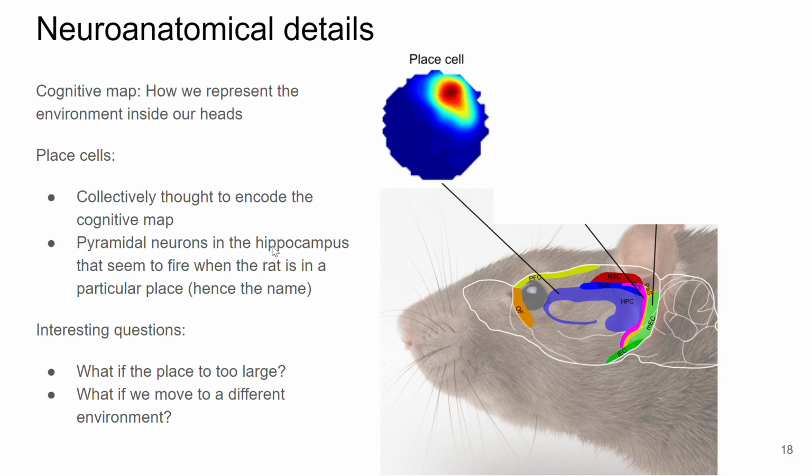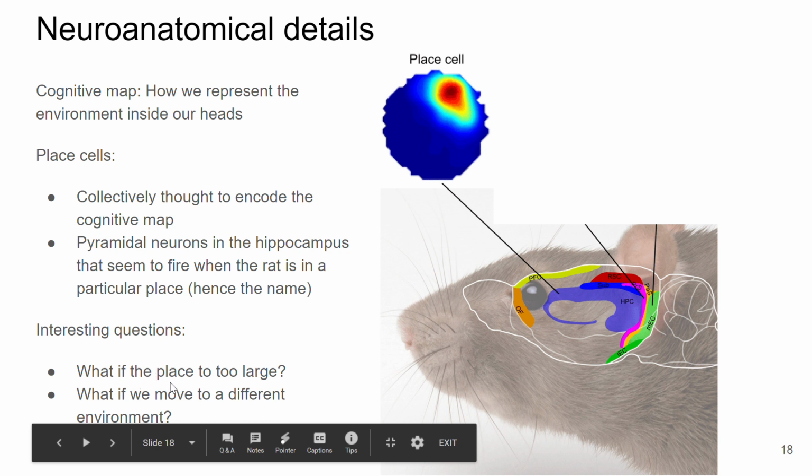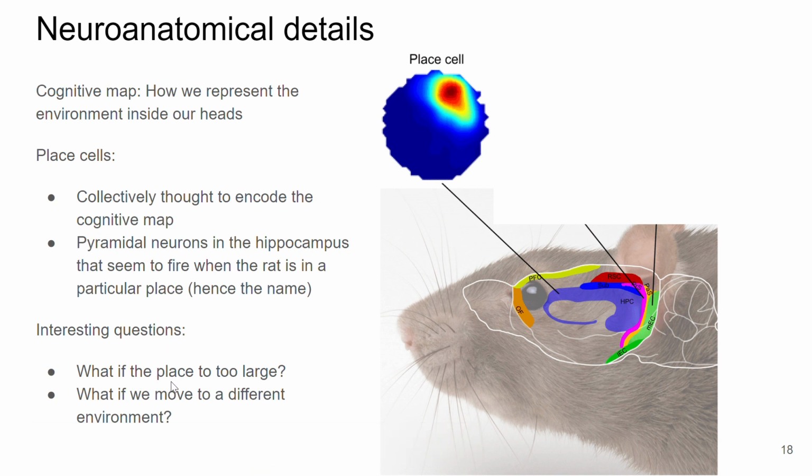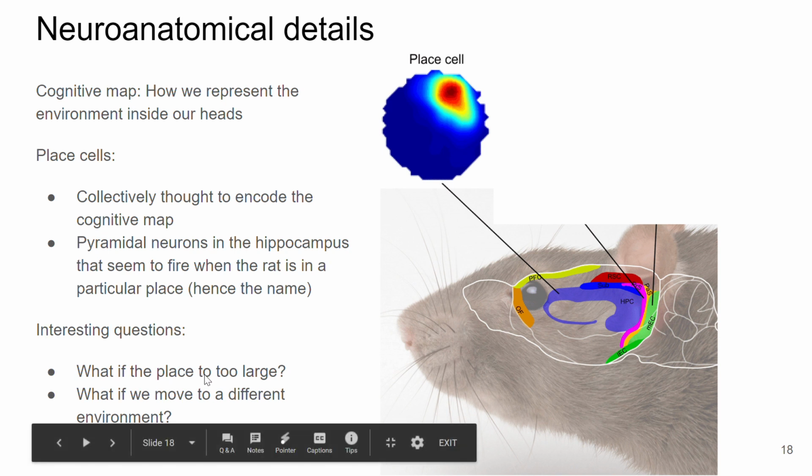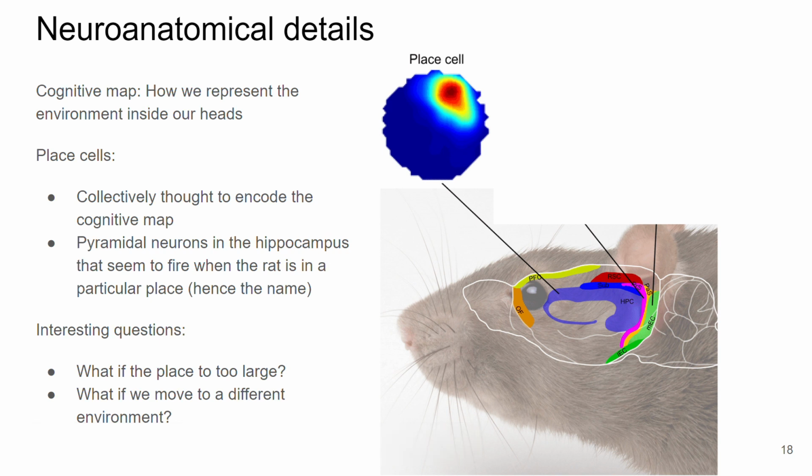And when I was first reading about this, I had some questions. What if the place is too large? We don't have an infinite number of place cells to encode all of space. The idea is that place cells are reused. One place cell is here, and once you go far out, another location is encoded by the same place cell. So you'd target the old location? No, it would fire both here and somewhere else, is my understanding. Please correct me if I'm wrong.